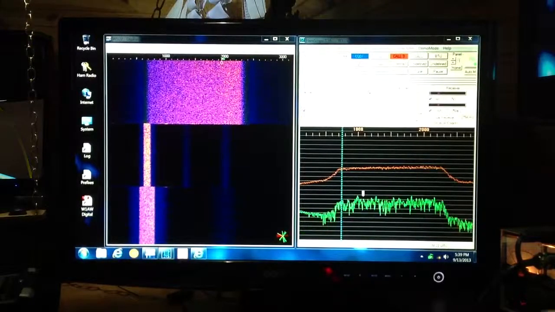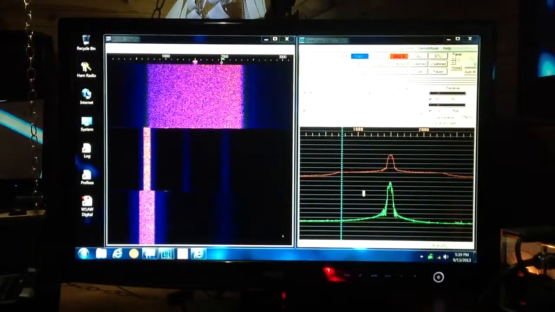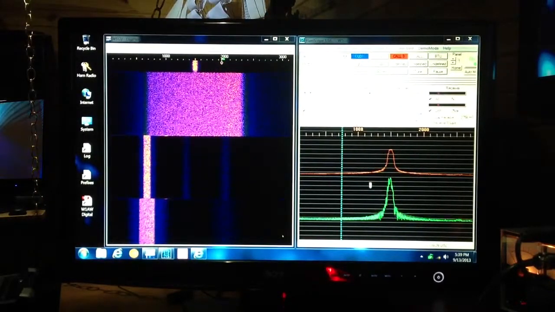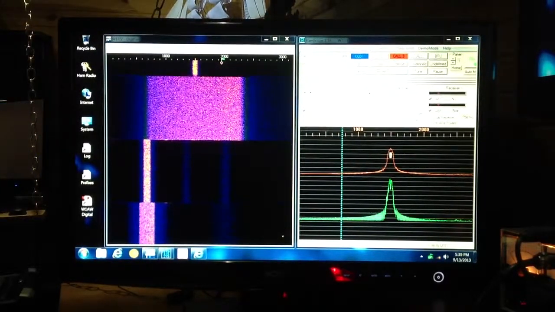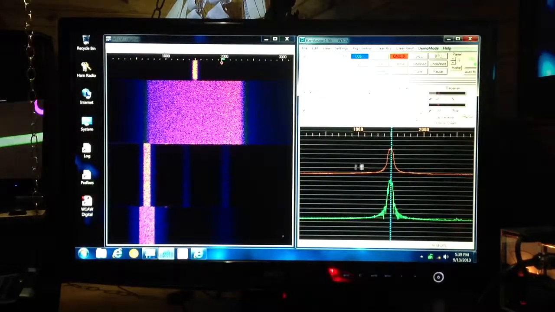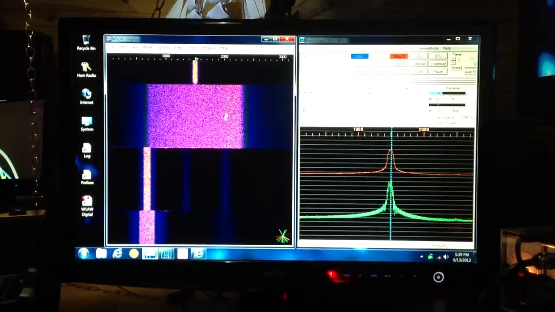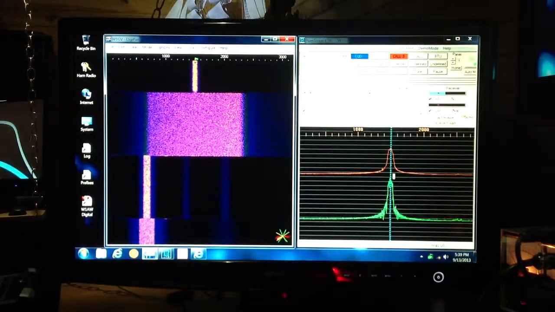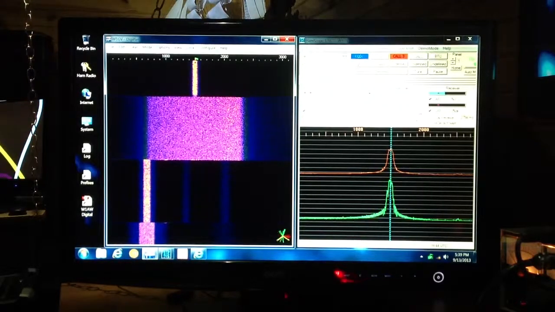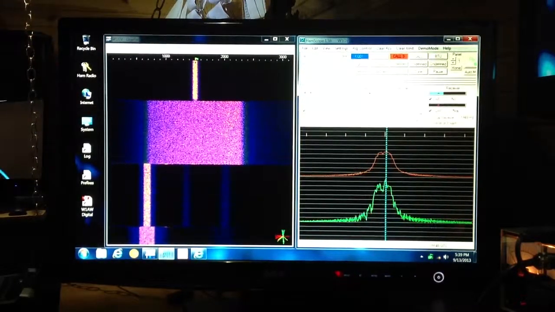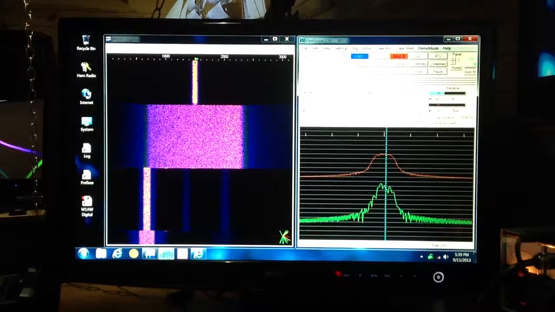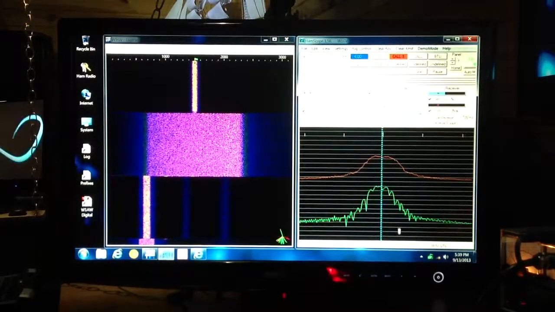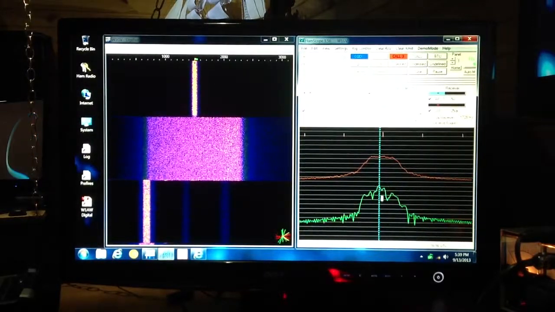Then we can narrow that down to only 50 hertz wide. And I use this for the phase shift keying mode to zoom right in on signals like that. 50 hertz wide. It's supposedly a rectangular response, and maybe we can get a little better view of it by zooming in on it in Hamscope. Well, they're doing the best they can, but when you get down that narrow, the response isn't quite so much